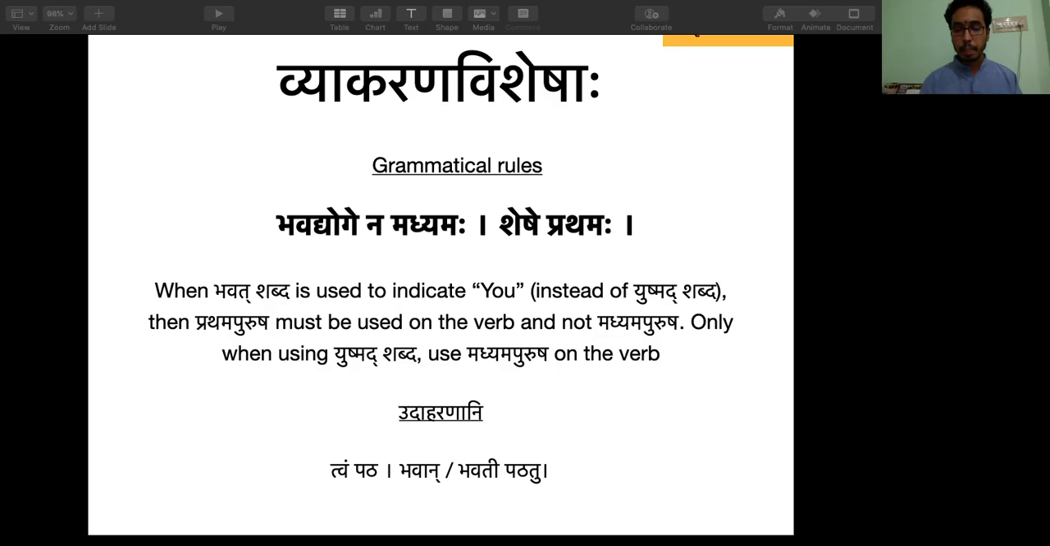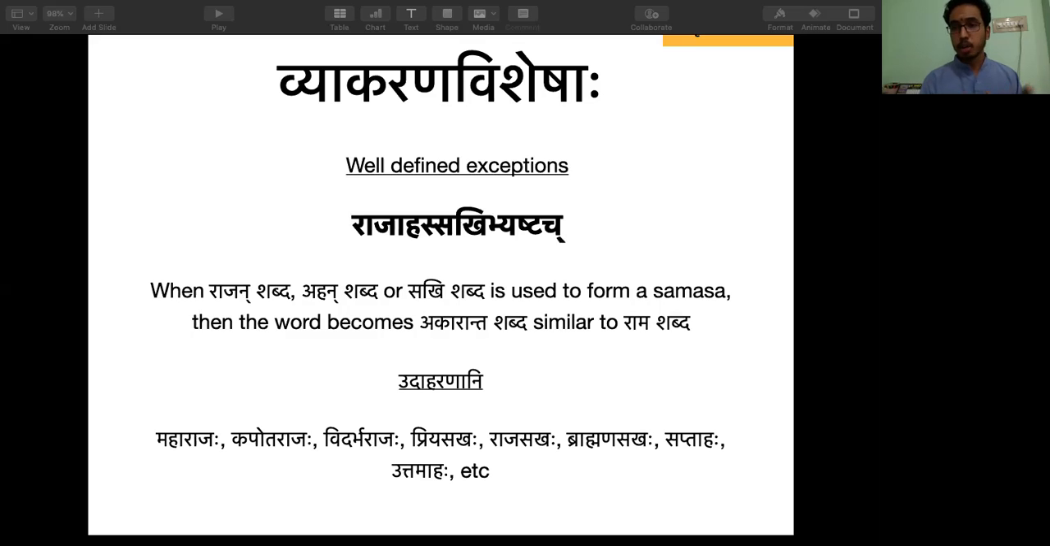Any doubts in this? So these were the grammatical rules. Now we'll come to some exceptions. This also is a very common question, so please keep this Panini Sutra in mind. Rajaha Sakhibhyash Tach. What this rule is saying is, when you're using Rajan Shabda, or Ahan Shabda,